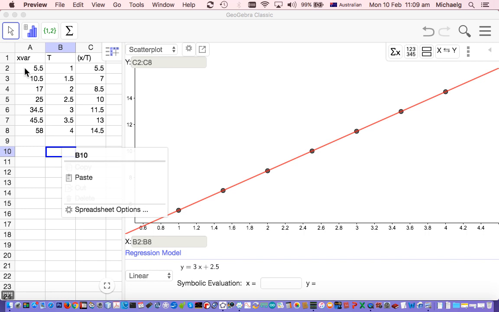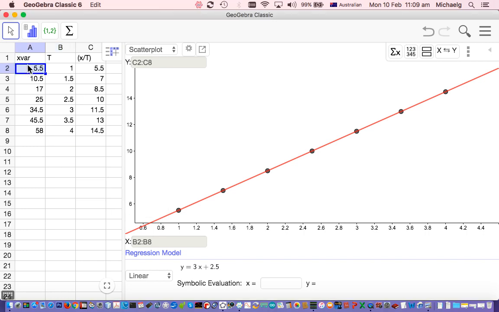There is something else that we can do. If I click on here,